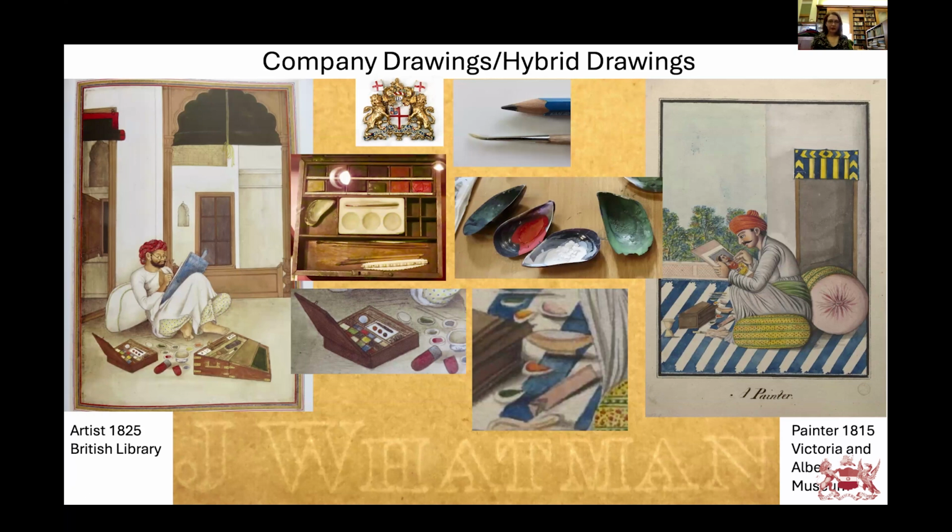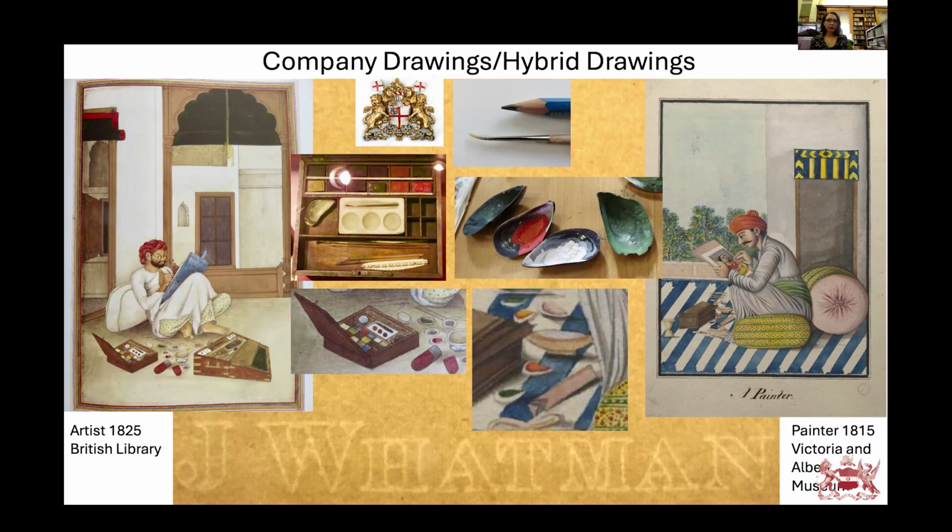European paper, and you can see the J. Whatman watermark at the bottom. So Whatman actually had an arrangement with the East India Company to be their main supplier of paper. But then a big part of my research going forward is trying to identify what the rest of the process